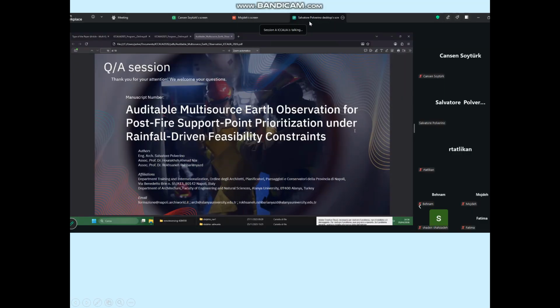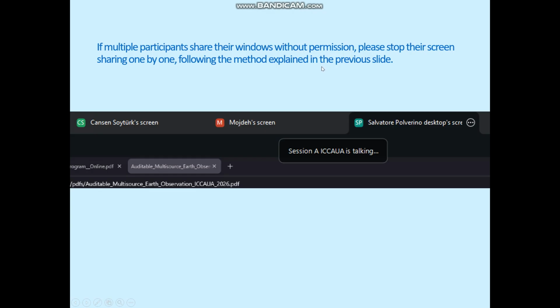Sometimes you will have 3 or 4 authors at the same time, so you can immediately go one by one to the authors to stop their sharing. Sometimes they don't care, and they may have many issues at the same time. That's why we have to stop their screen sharing if they are violating the rules. Normally we will have one sharing in one presentation. If it is more than one in one session, we will find the person who is violating the rule,